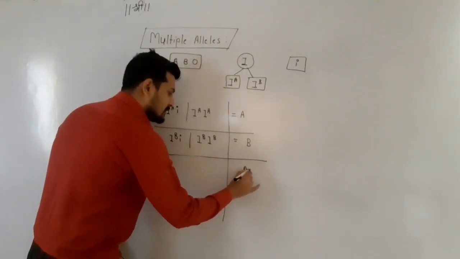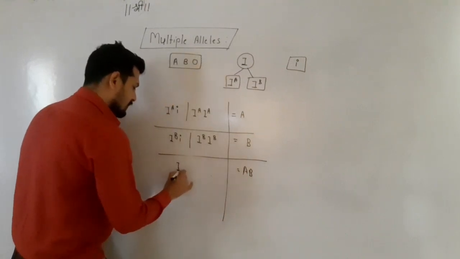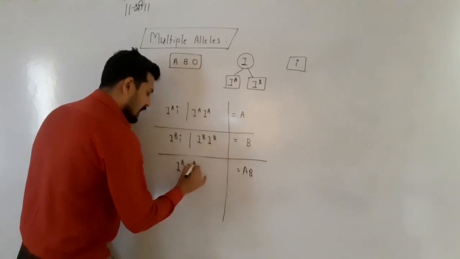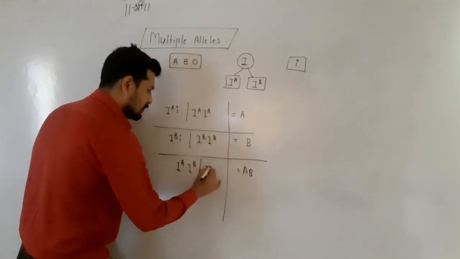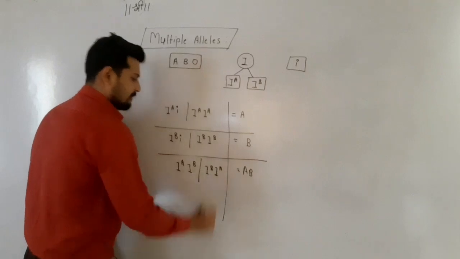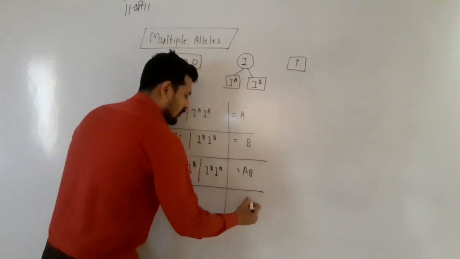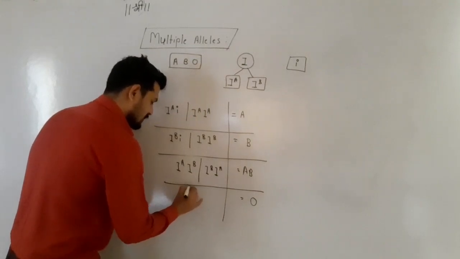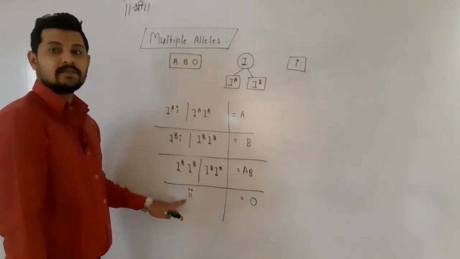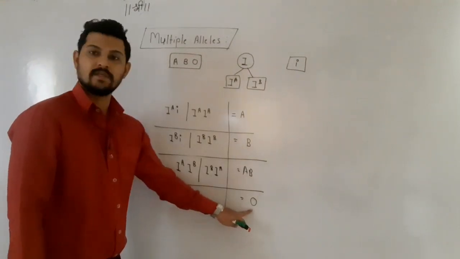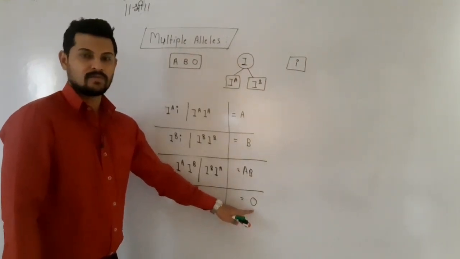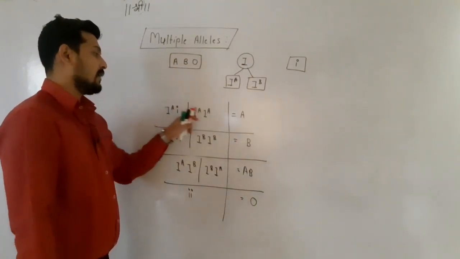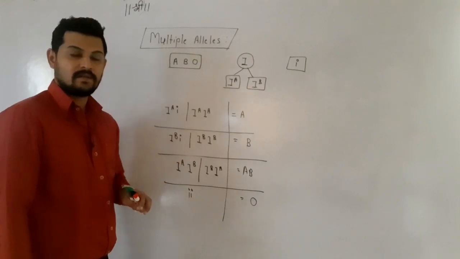The AB blood group is decided by the alleles IA and IB, or this can also be written as IB, IA. Blood group O is decided by the two recessive alleles. So when both the alleles are recessive, the blood group of the person is O. So how are the AB and O blood groups decided by these variants of dominant and recessive alleles?